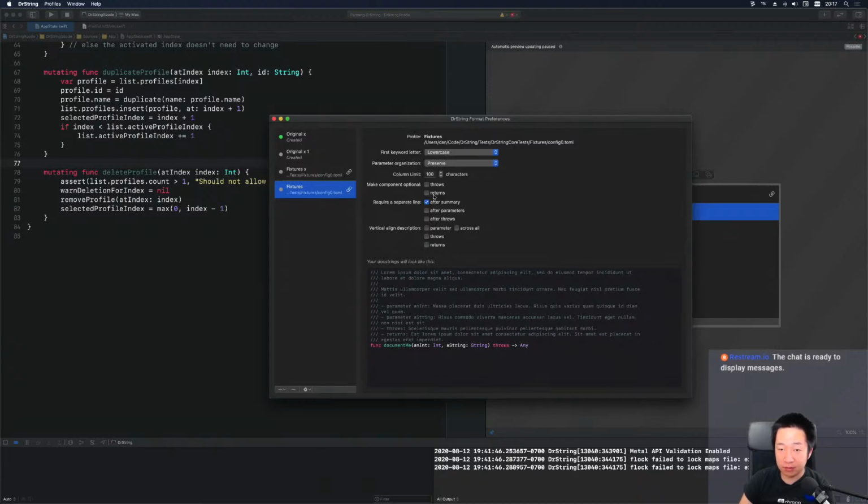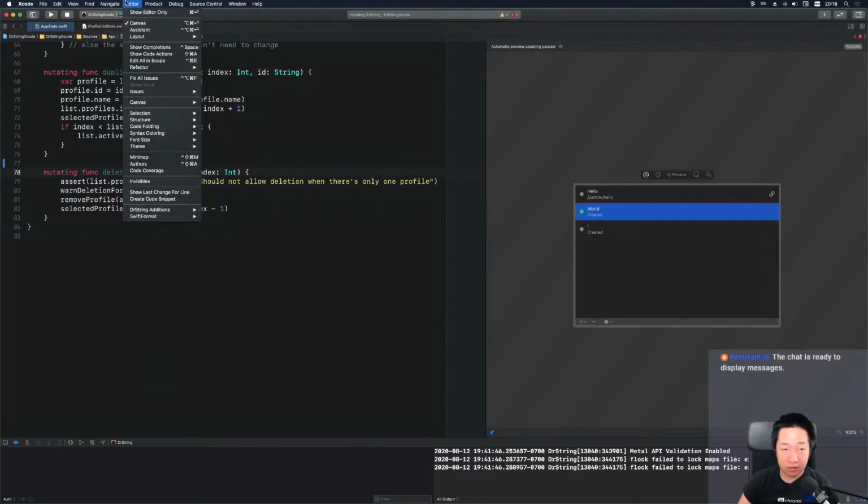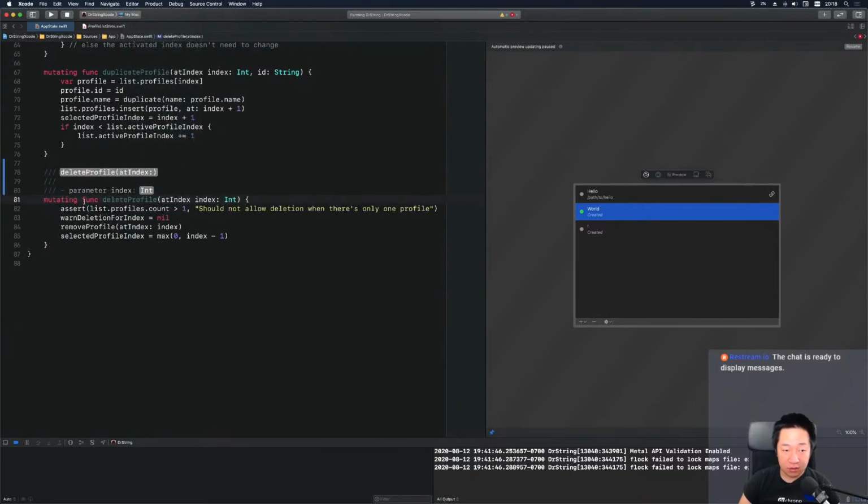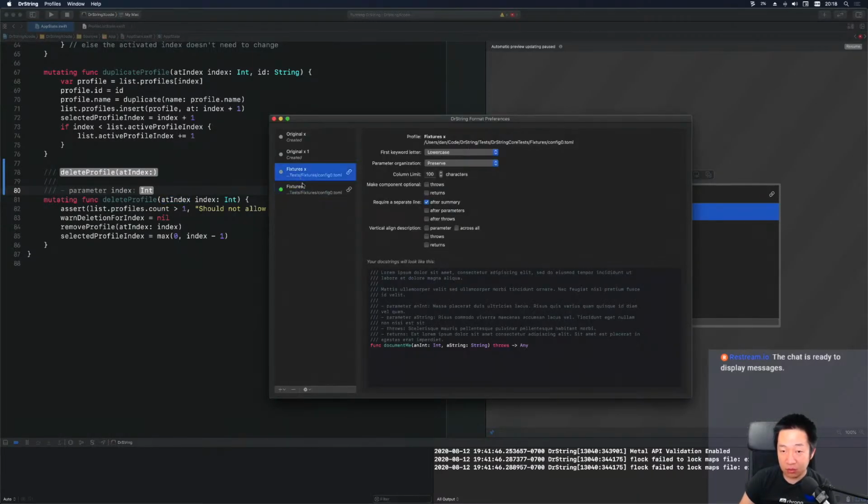etc., etc. For example, I don't know if this is working, but let's try. The reason I don't know is because when you develop this, you end up with multiple instances. So as a demonstration, let's activate this guy, and then use that functionality again. Okay, so you notice that it generates this doc string with some placeholders, and the keyword here is parameter index because we have an index parameter, but the p is lowercase. Okay, so that tells me it's not really working, but